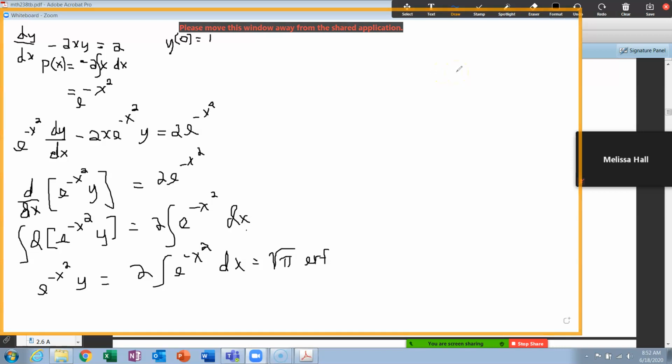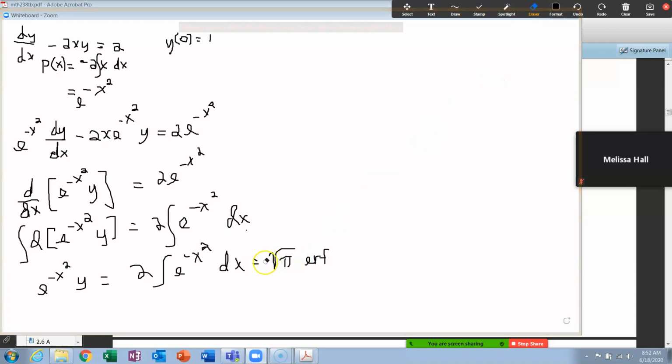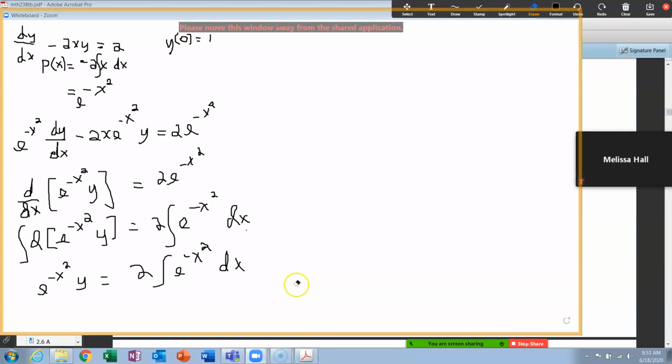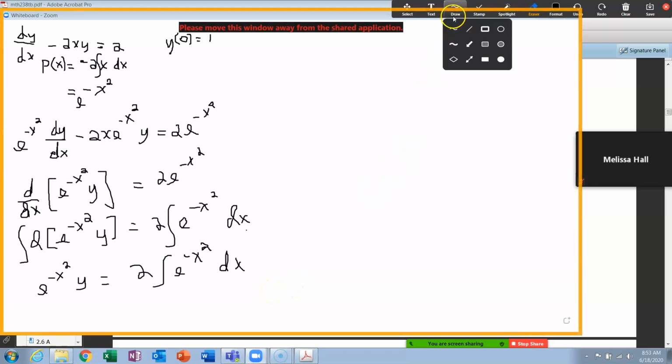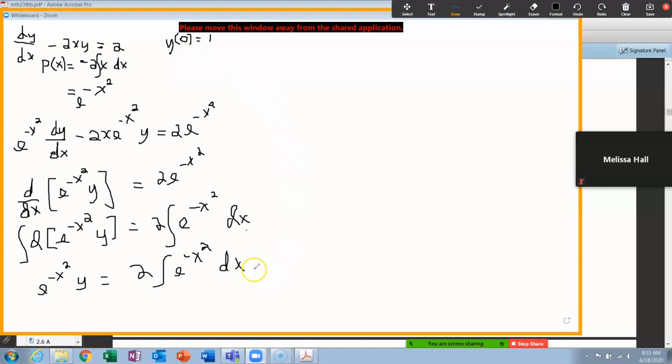Now we have this box in the way, and I don't know for sure why it's there, but it's there. So let me erase this. I jumped the gun a little bit on this part. What they want to do is make this look more like the error function. Like I said, we don't have limits here, but since our initial value is y of 0 is equal to 1, we can write this as